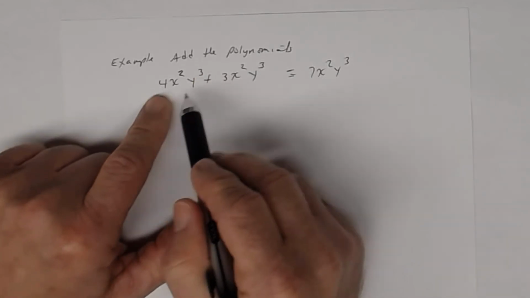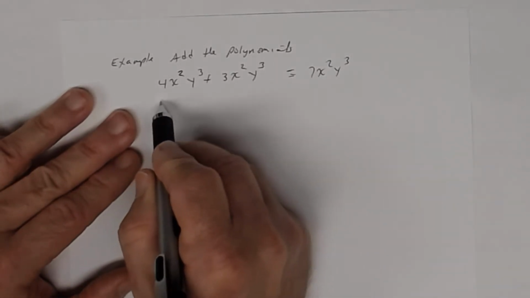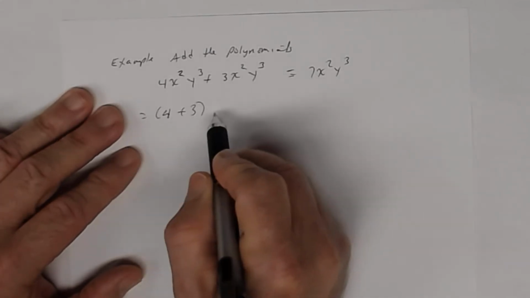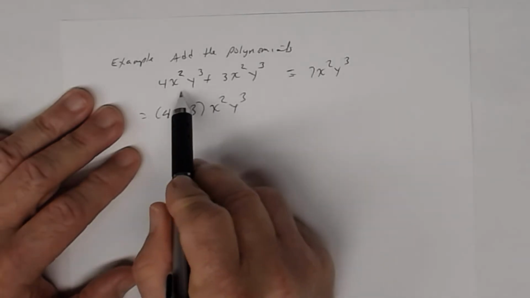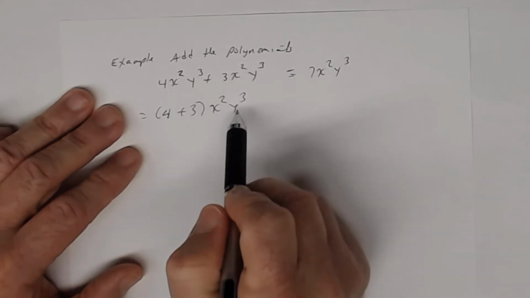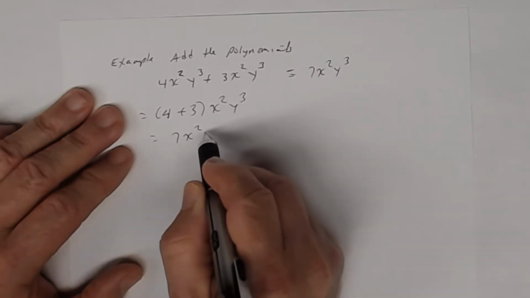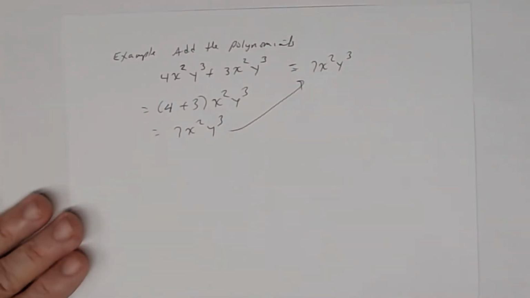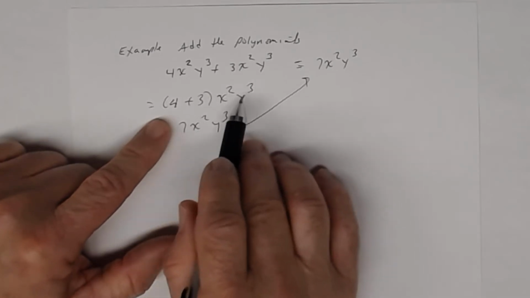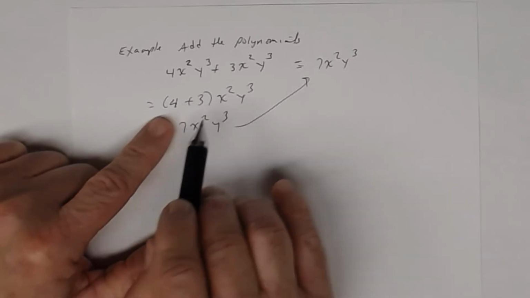Okay, all you're doing is adding or subtracting the coefficients. If you use the distributive property, though, you would say the coefficient here is 4, plus 3. This is equal to 4 plus 3 times x squared y cubed. So all I did was factor out an x squared y cubed, because that's what they had in common in those like terms. And so 4 plus 3 is 7, but we already knew that, right? Because all we did was add or subtract their coefficients. So the distributive property just allows us to add like terms. So that's basically why I'm using the distributive property. But